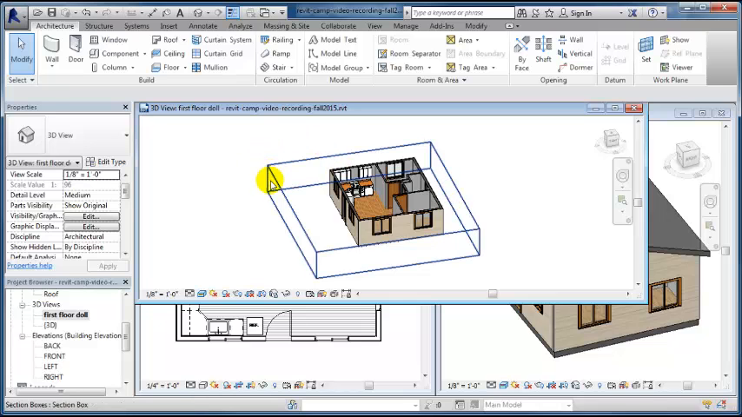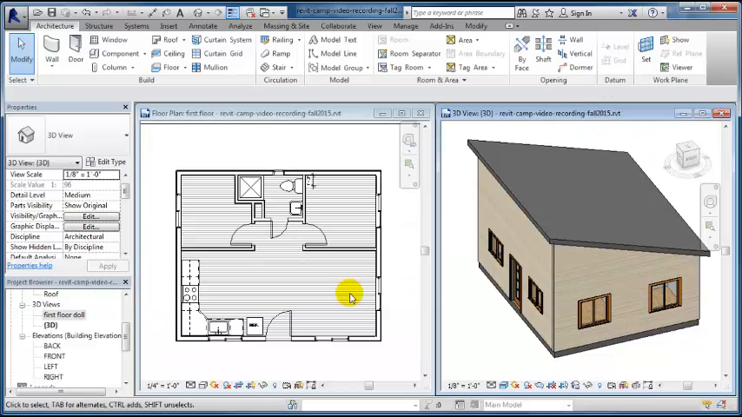So it might be useful for us to have a dollhouse view like that as we continue to edit our project. All right, we're going to create some windows in the next video, and that porch